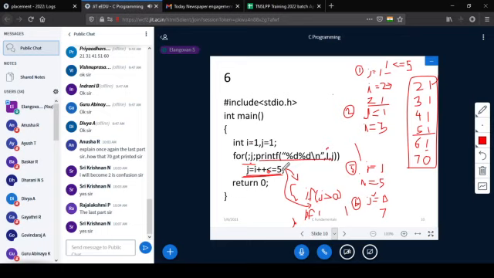Correct? So here what is it? This is 1 less than or equal to 5, 2 less than or equal to 5, 3 less than or equal to 5, 4 less than or equal to 5, and here 5 less than or equal to 5 was checked.